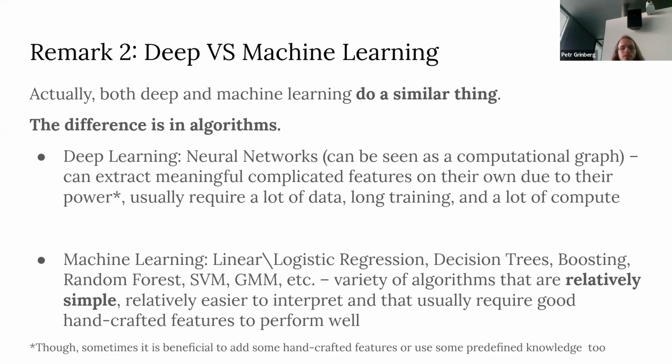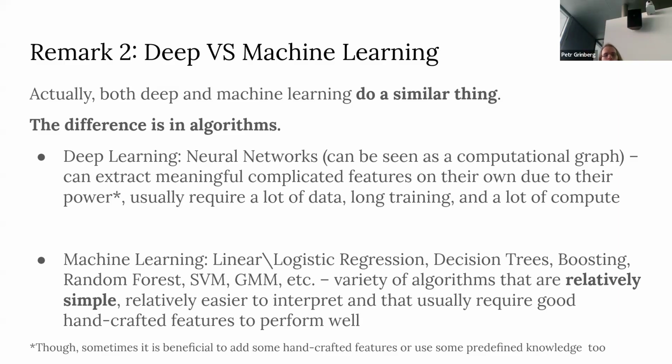But with machine learning, this won't work. With machine learning, your features must be handcrafted. Machine learning cannot work properly on some complicated data without you extracting some features before passing this to the machine learning